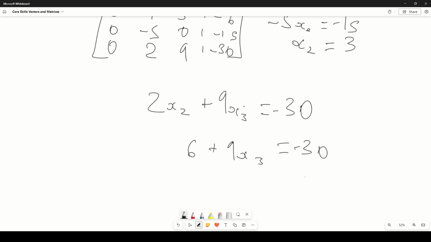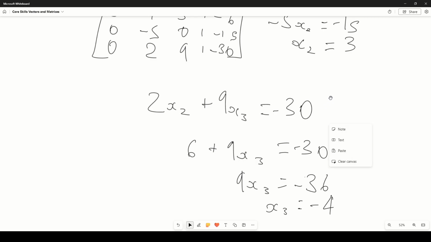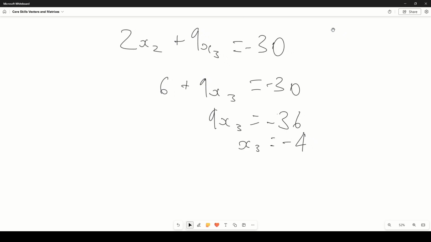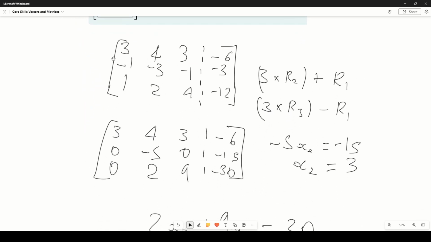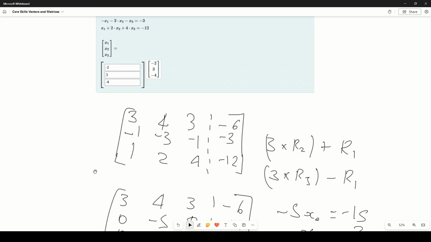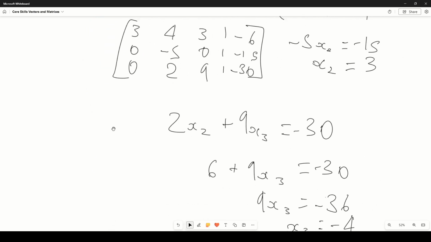And we're going to take away 3 from the other side. Take away 3, take away 6. And that gives us that x3 equals minus 4. And from there, we can go and plug into any of the equations that we've had before. Let's say maybe the third one from the question, which told us that